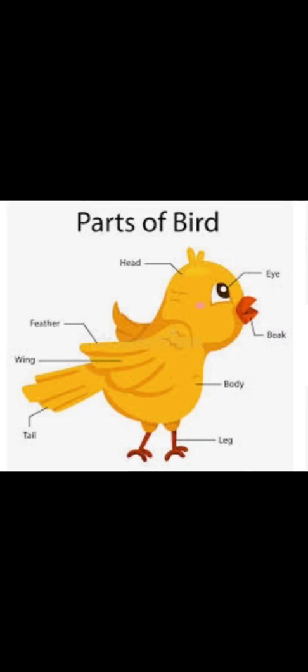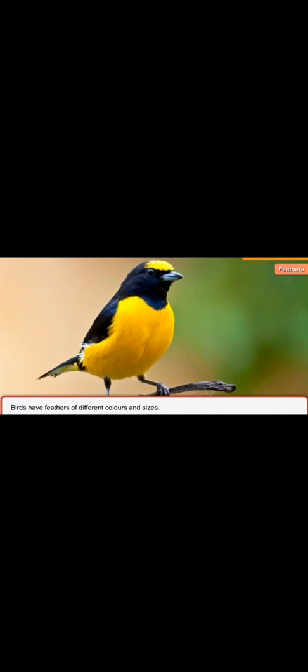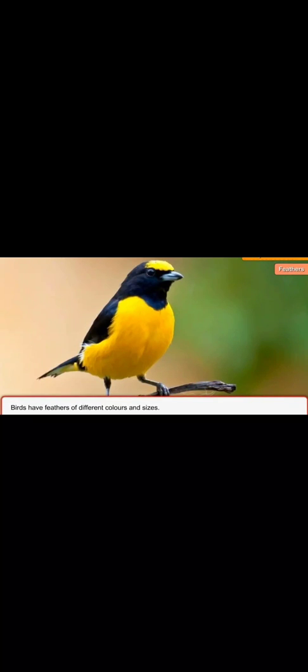The body of a bird is covered with feathers, and birds have feathers of different colors and sizes. They have 3 types of feathers. Body feathers cover the body of a bird, and down feathers are small, soft, fluffy feathers that keep the bird's body warm.